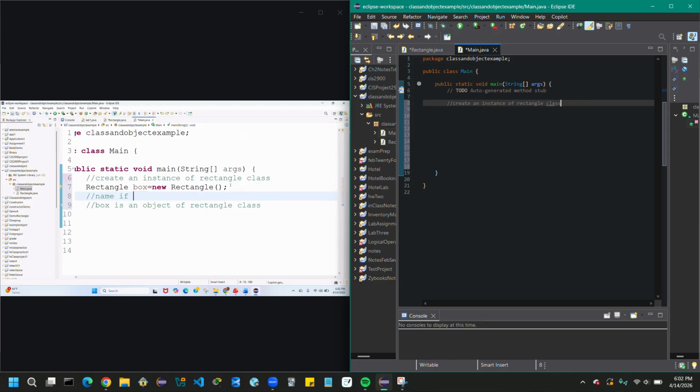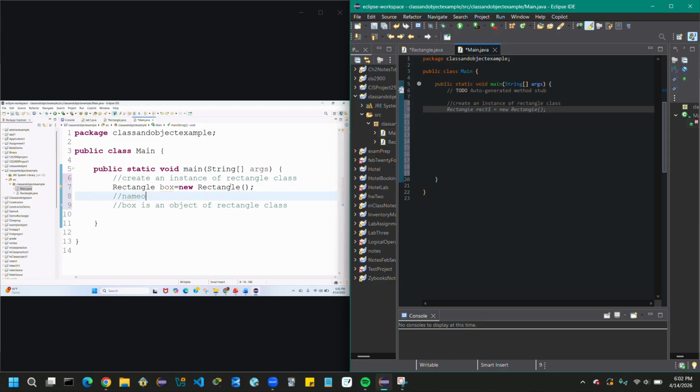Okay, so the syntax for creating an instance of the Rectangle class is, you write the name of the class, the object name, then the new keyword. We use the new keyword so that it gets enough space in memory, and then again the name of the class followed by parentheses and a semicolon.